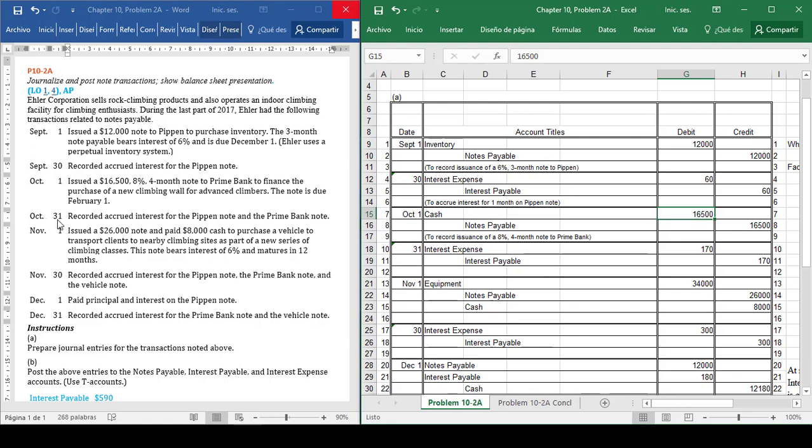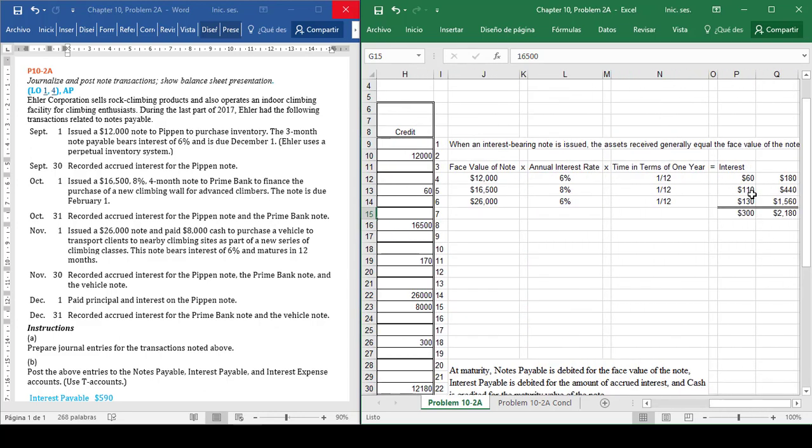Next, on October 31st, you have to accrue the interest for the first note and for the second note that we issued. So we have to add those interests. We know that in the case of the first note, we have an accrued interest of $60, and for the second note to Prime Bank, this one,